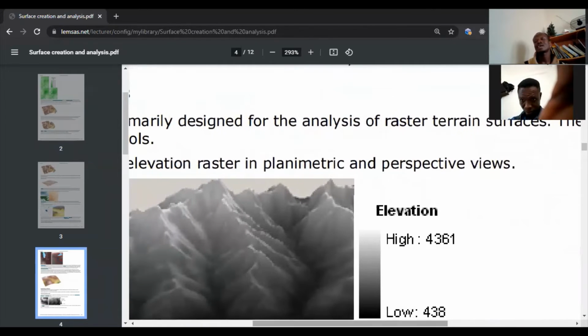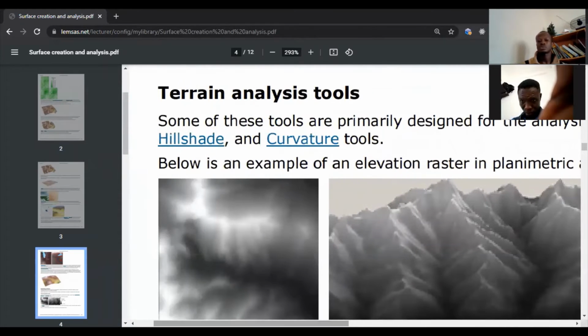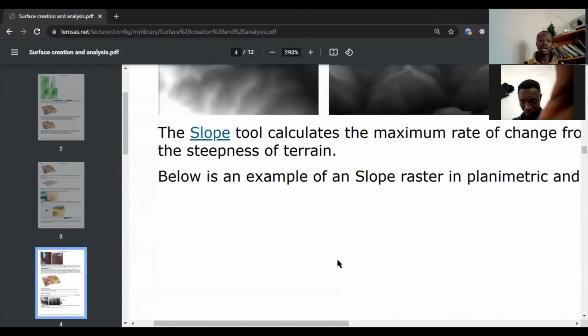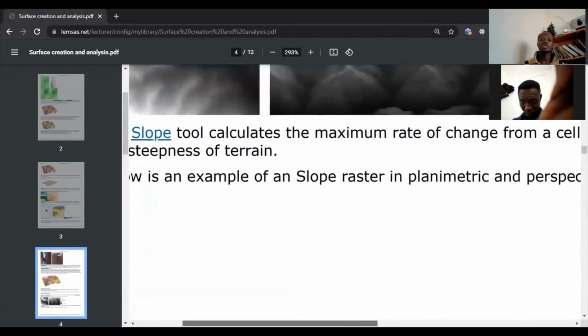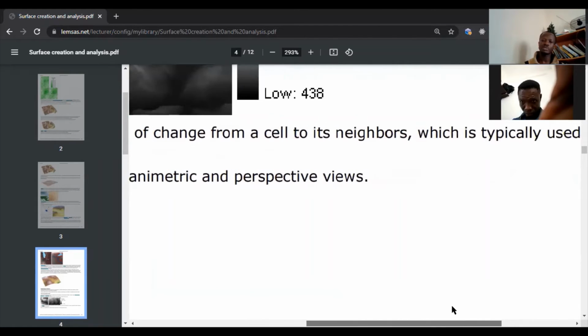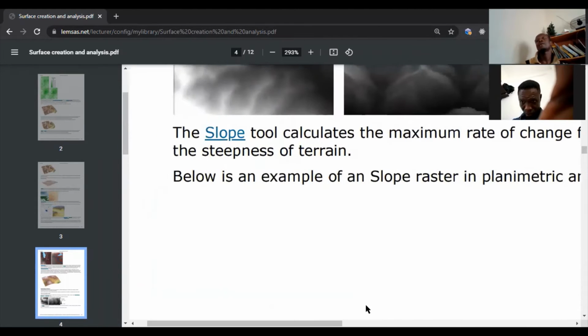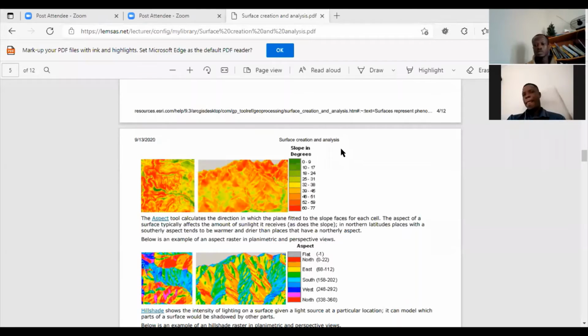In the tutorial that we'll do, we'll make use of these things, so you will get to know exactly what we mean. So don't worry about it if you don't get it now. So you can have a slope. The slope tool calculates the maximum rate of change from each cell to its neighbors. So remember, when we had a surface of distance to bus stops, every cell will have a value that represents